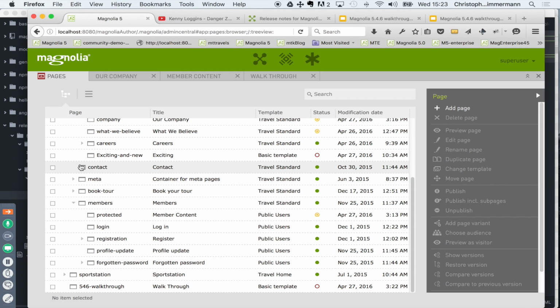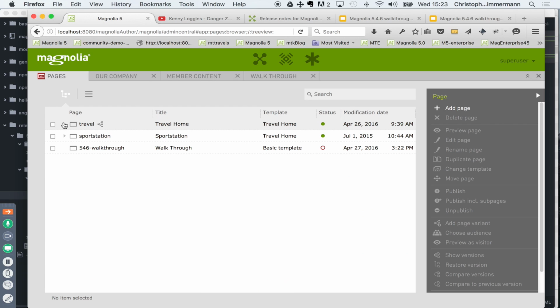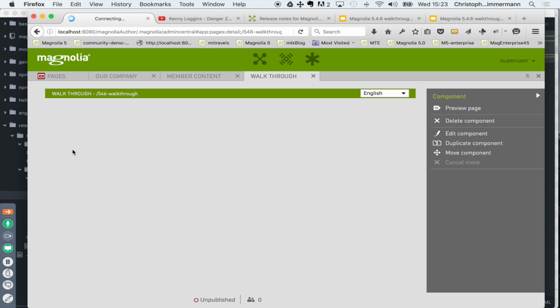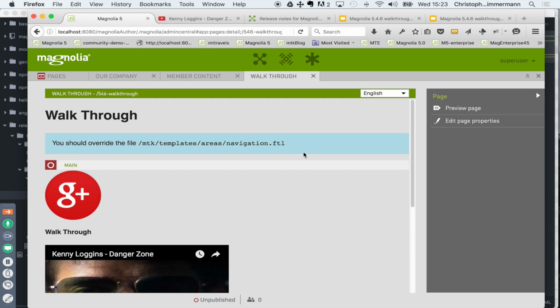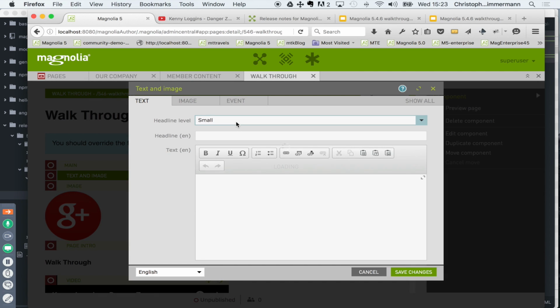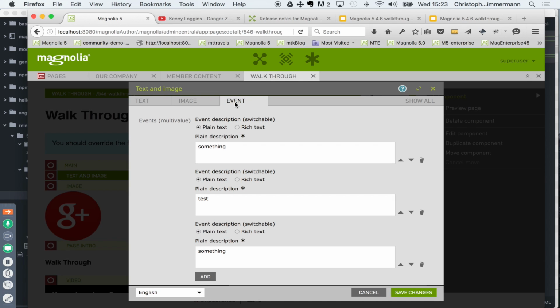Here I have a page that is based on the very basic page template that MTK ships with. And as Toffer mentioned earlier, I have decorated a dialog that is used on this page. I'm going to add a component, text and image component on the page, and typically text and image component doesn't have this third tab, event. I've added this using decoration, and it has a fairly complex multi-value field. And to explain this field,